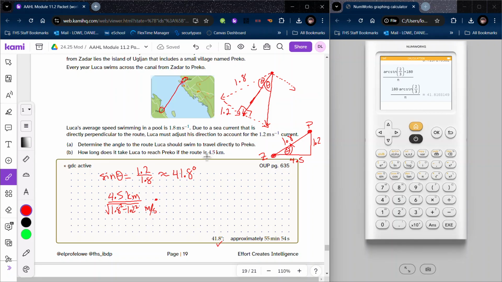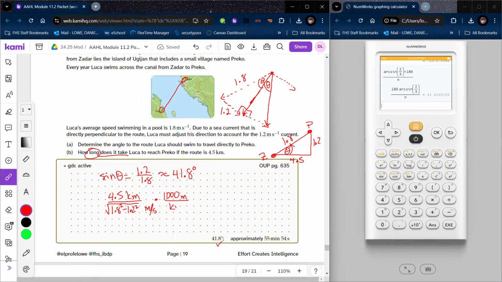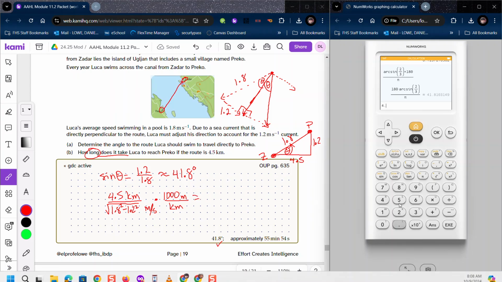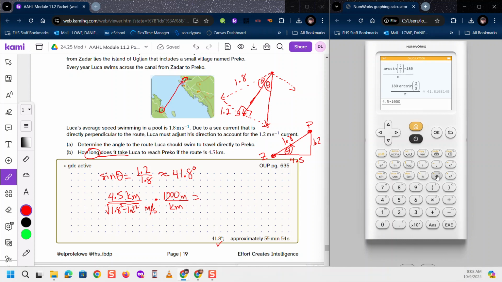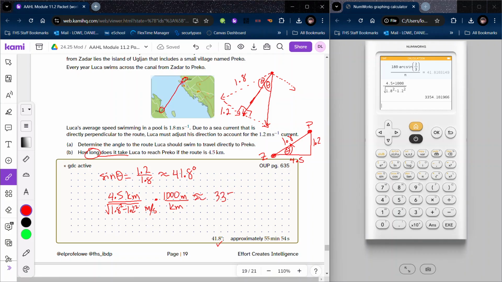All right. Well, if I want to convert from kilometers, because I want to figure out the time, because it actually is how long does it take, let me go ahead and multiply by 1,000 meters in 1 kilometer. I need my end result to be seconds, and seconds is there. So let's see what this gets me. Let's go ahead and multiply 4.5 times 1,000, and I'm going to divide it by the square root of 1.8 squared minus 1.2 squared. And so that gives me approximately 3,354